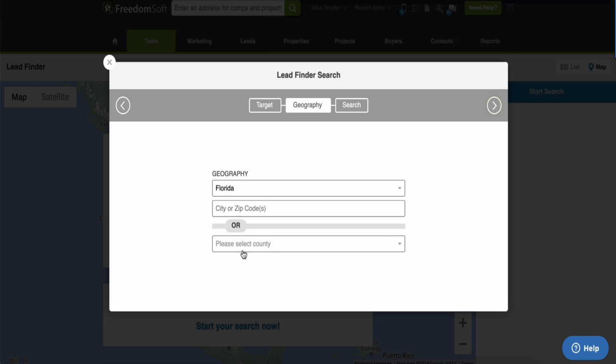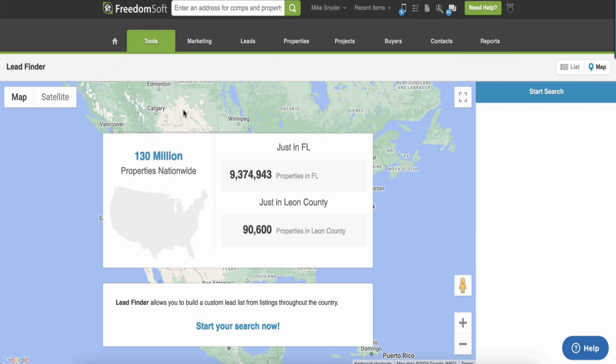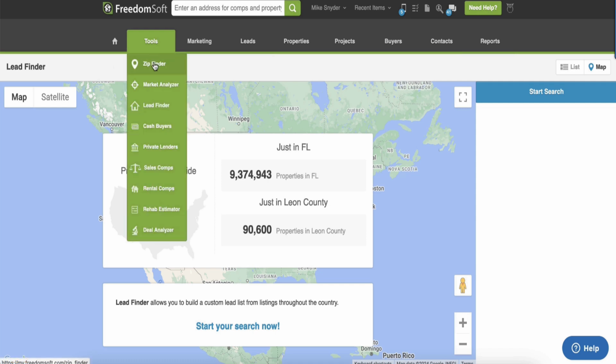I can set my geography. And then you can see right up here, I go to the search and I can pull that buyer list. I'm going to do a slightly different method, but I wanted to show you this quick out of the gate. What I'm going to do is I can also build a buyers list in targeted zip codes by starting in